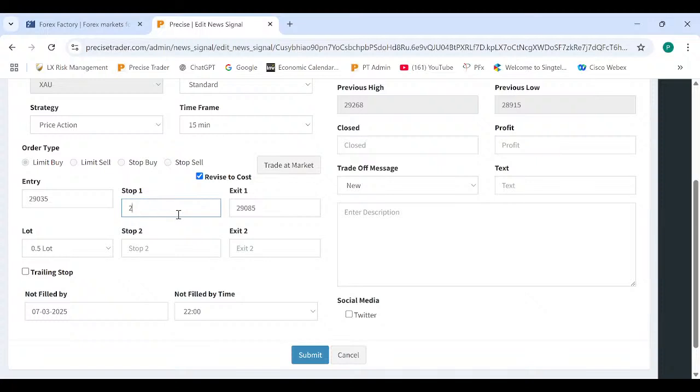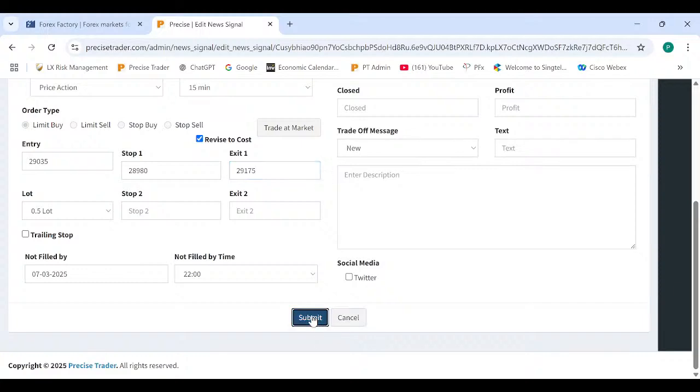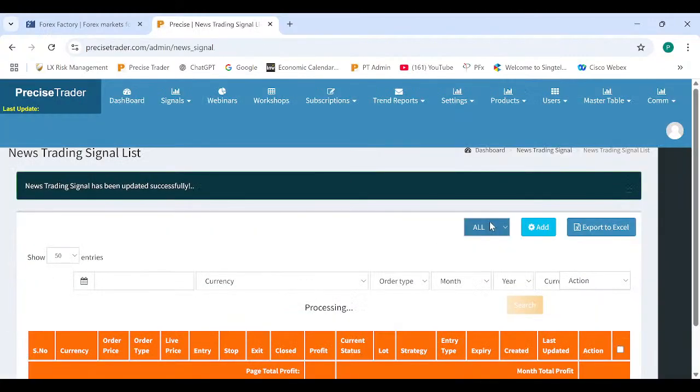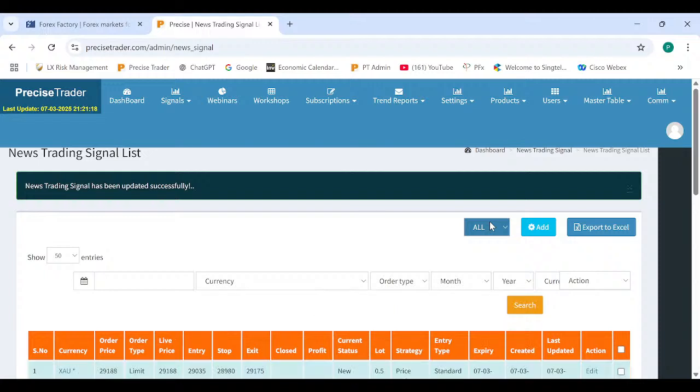Then later when the data is out, then we can go, because usually when the news is out, we'll get a spike down. So then after that it will tell us whether we are in the right direction or